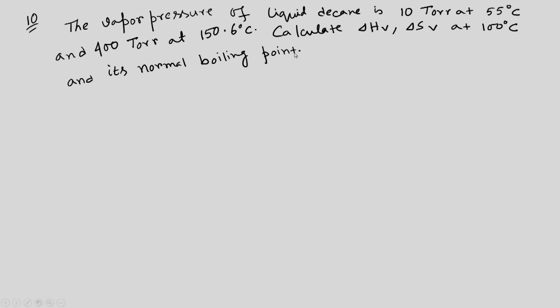So, problem number 10 says the vapor pressure of liquid decane is 10 torr at 55 degree Celsius and 400 torr at 150.6 degree Celsius. We need to calculate delta H, delta S at 100 degree Celsius and its normal boiling point. Okay. So, how do we solve it? So, for liquid vapor equilibrium,